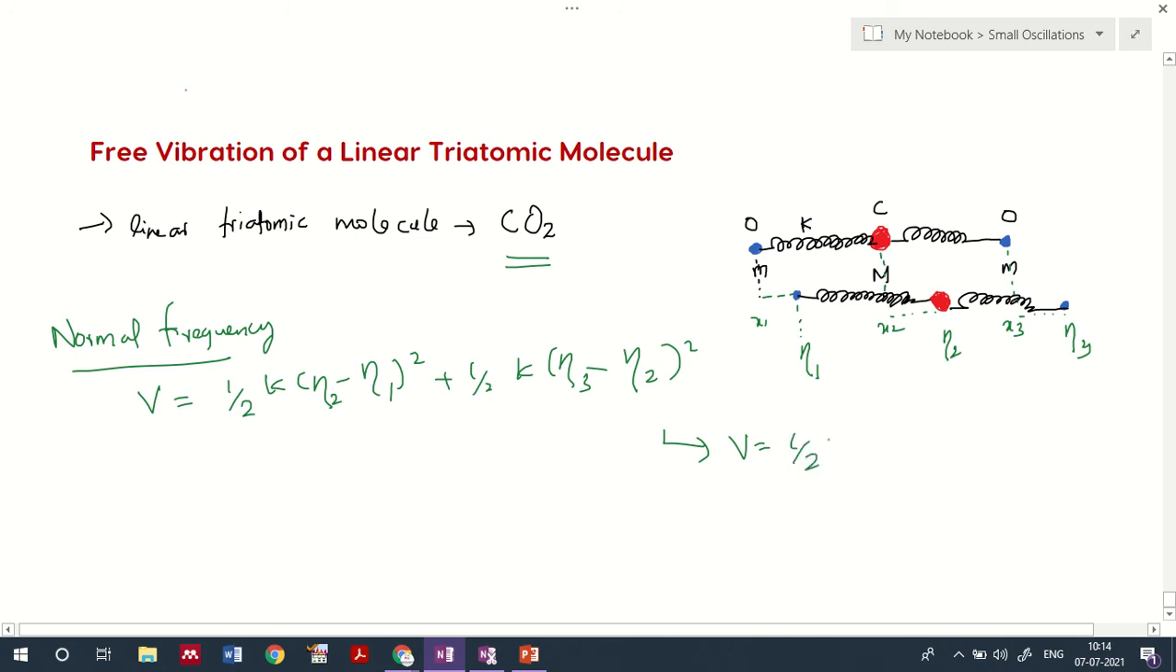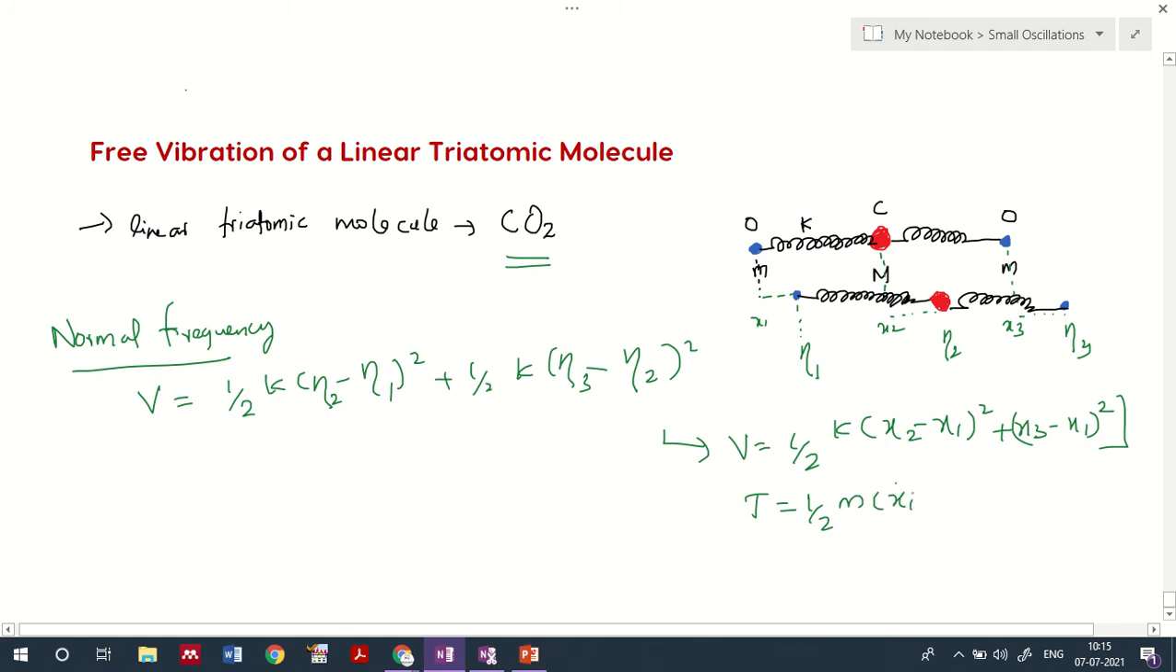How? It will be half k into x2 minus x1 the whole square plus x3 minus x1 the whole square. So we are treating it the same way. Instead of taking x1, x2, x3, we have taken eta 1, eta 2, eta 3. It doesn't matter, you can take either way. If you are taking x1, x2, x3, then the kinetic energy will be, as you know, half